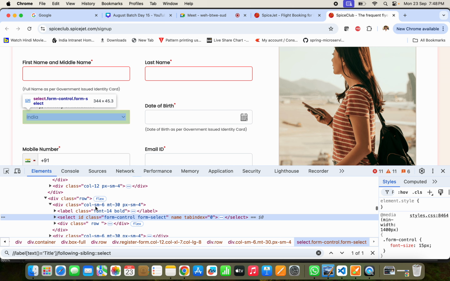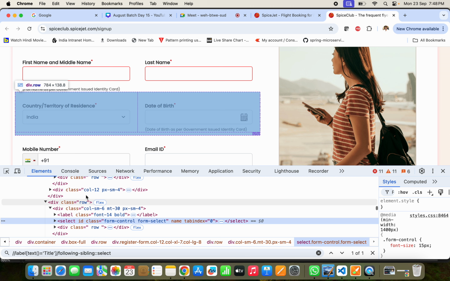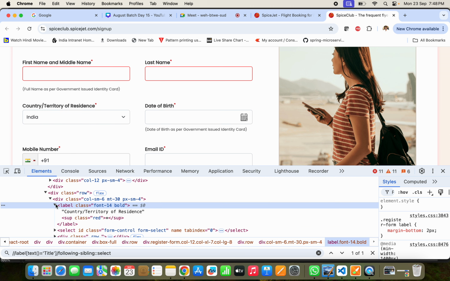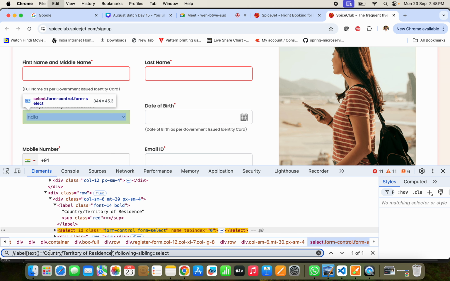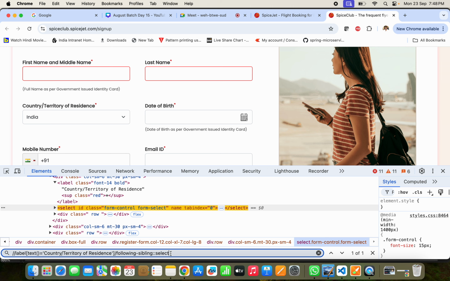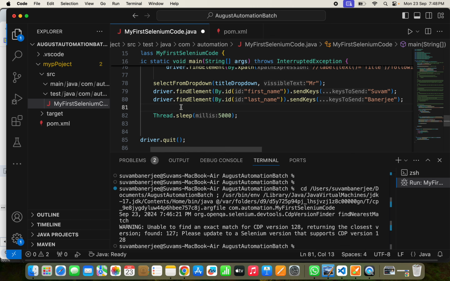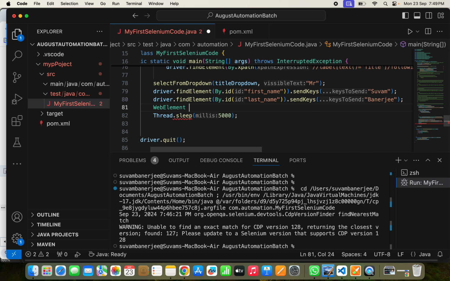So in a similar way we will do this. What we'll do is simply keep in a variable, element country,